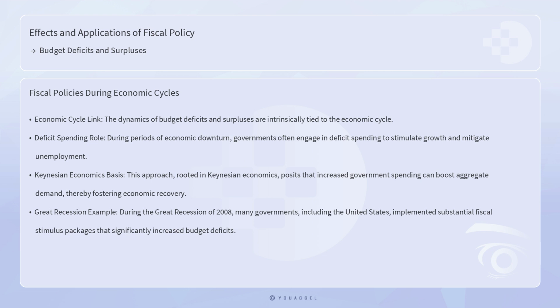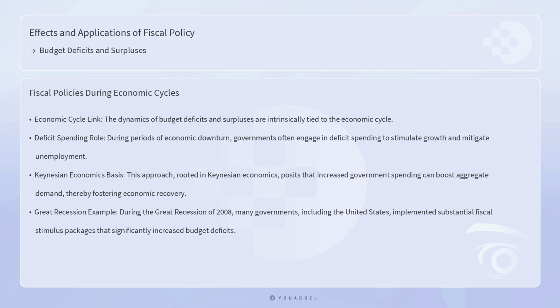The dynamics of budget deficits and surpluses are intrinsically tied to the economic cycle. During periods of economic downturn, governments often engage in deficit spending to stimulate growth and mitigate unemployment. This approach, rooted in Keynesian economics, posits that increased government spending can boost aggregate demand, thereby fostering economic recovery. For instance, during the Great Recession of 2008, many governments, including the United States, implemented substantial fiscal stimulus packages that significantly increased budget deficits. Although these measures resulted in short-term debt increases, they were instrumental in stabilizing the economy and